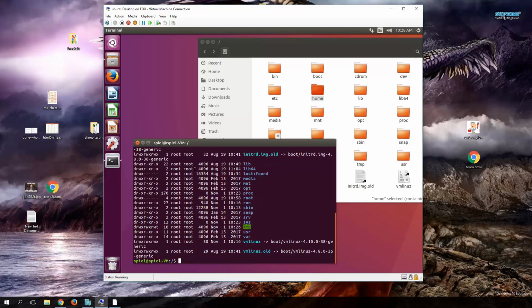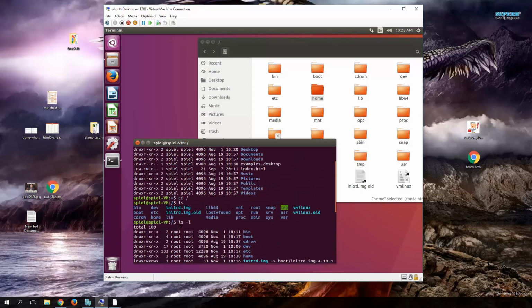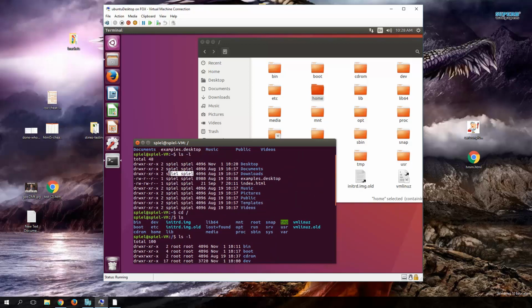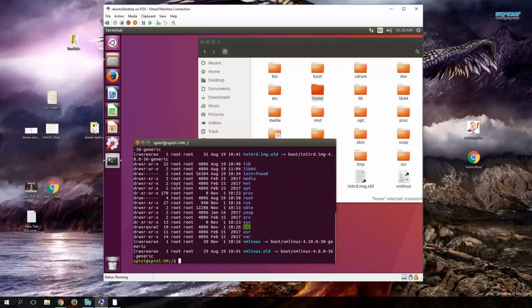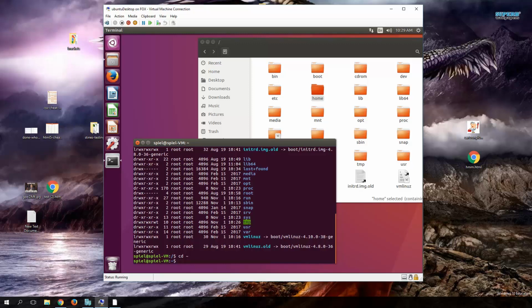And see how these are owned by the root account, not necessarily the Spiel account which owns the stuff in the user folder. That kind of becomes important in Linux and even in Windows too, as there are different system accounts that own different files, which is why it can sometimes be difficult to go down and delete files in the System32 folder of Windows or something like that, as that is owned by a more kind of root account. So I'm going to cd here back to the tilde character to get back to my home root